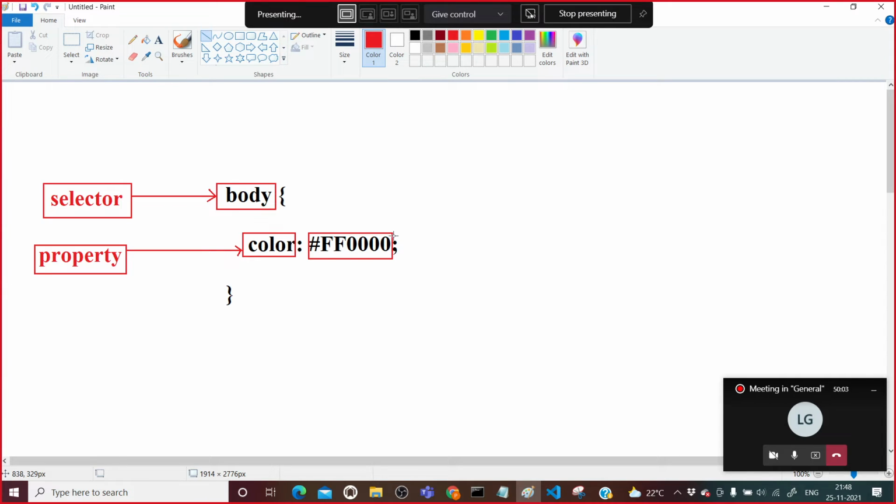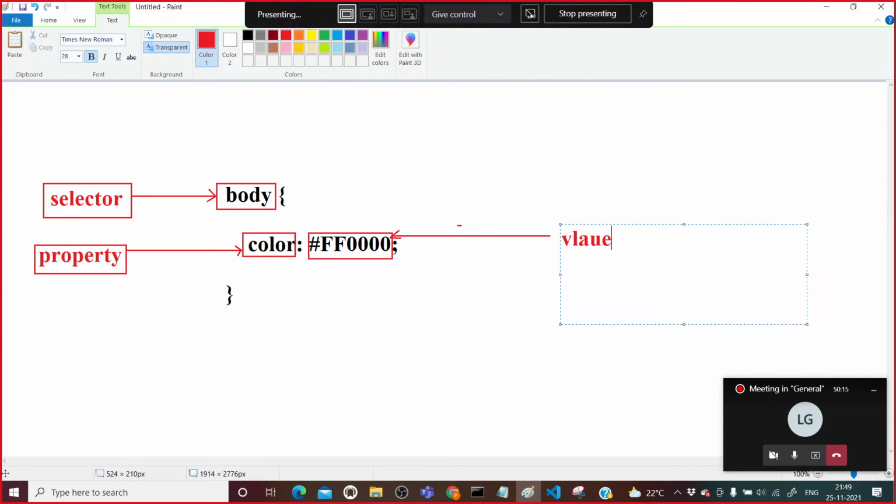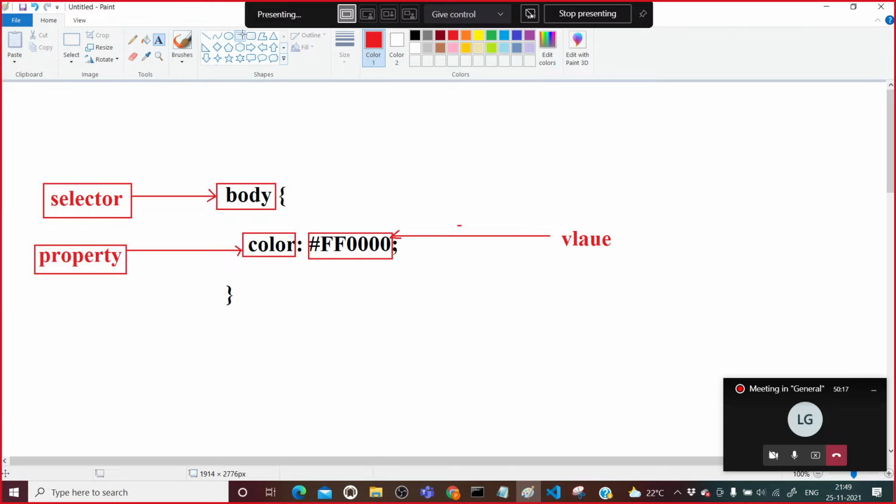So this is going to be the value. Now this semicolon tells that this property ends here.